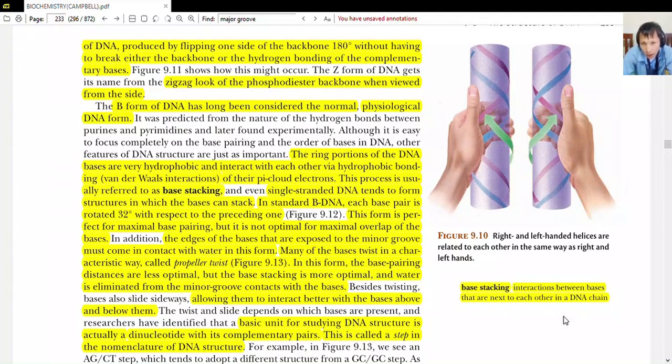So that word pi cloud is talking about the electrons in a double bond. Going back to organic chemistry, the pi cloud electrons are in the p orbitals. Being carbon, there is a p orbital, because it has 4 valence electrons, and some of those electrons exist in the p orbital. I think there are two. So there are 4 valence electrons for carbon, 2 of which exist in the p orbital. So one is in the px, one is in the py.